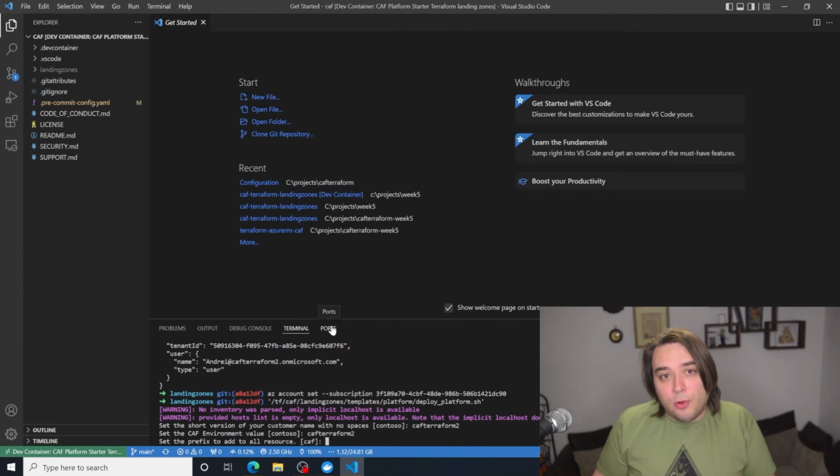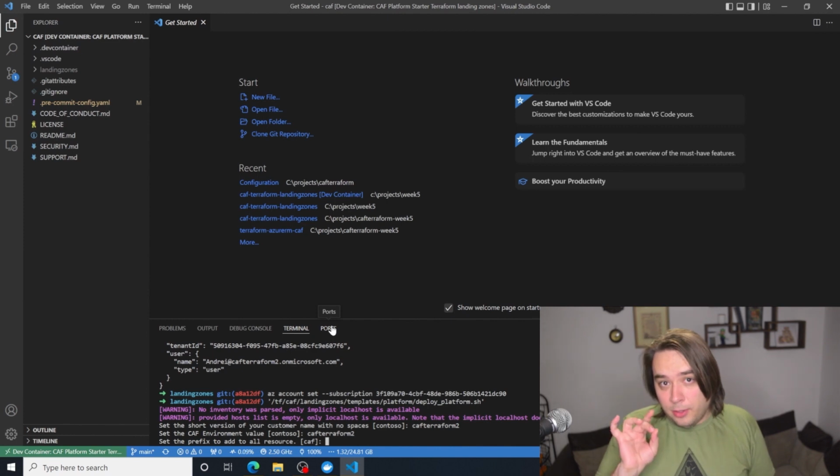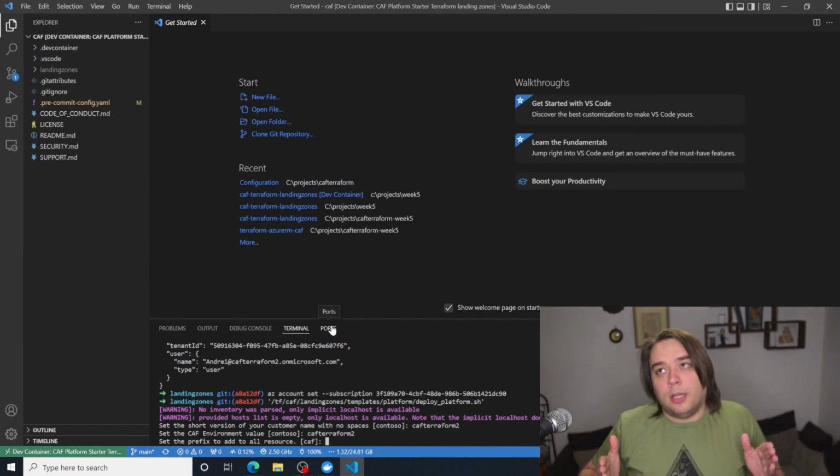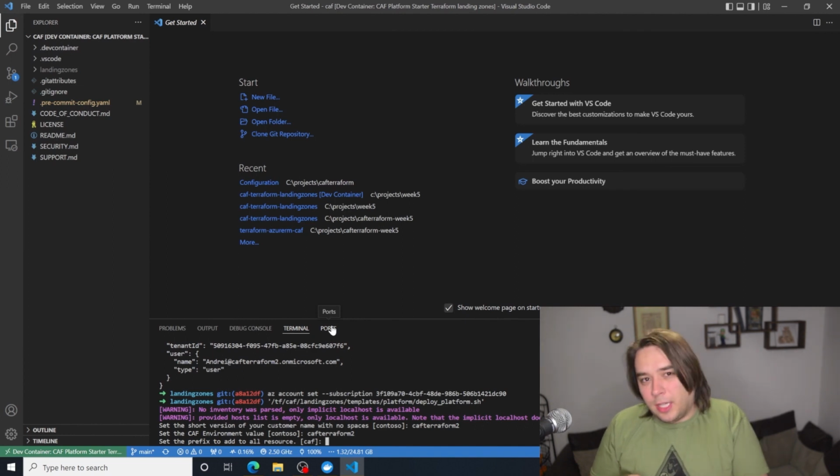So when you create these resources, you might want to have a prefix in order to identify them for yourself. And one of the other things I would say is sometimes you have to be careful of doing a long prefix, because some resources will have a certain naming limit. So Key Vaults I believe is like 24 characters.